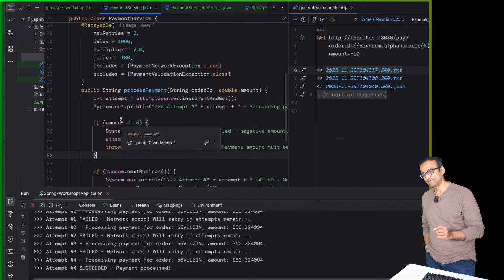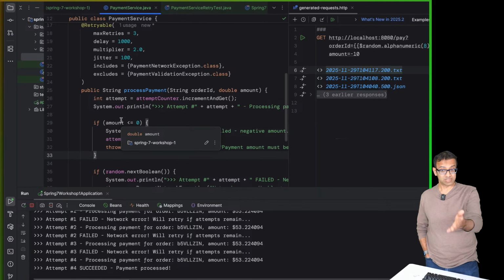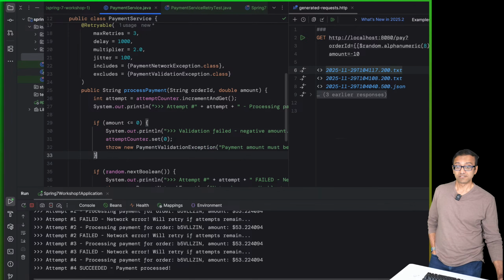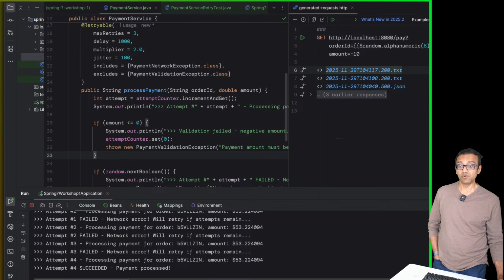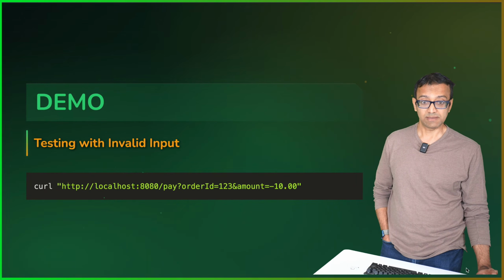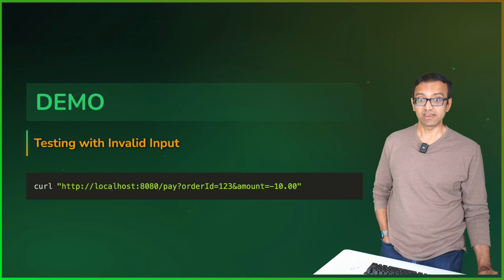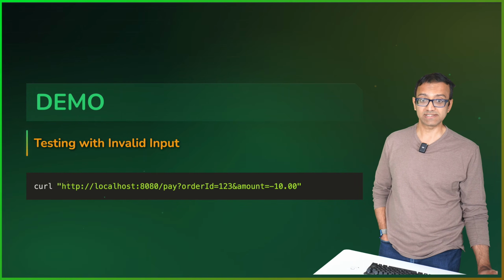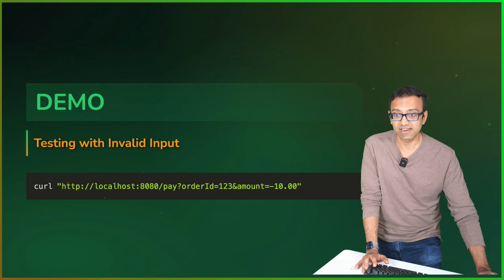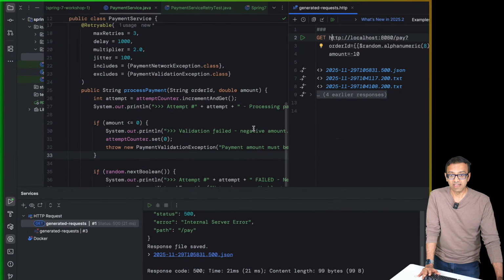So the point is, there are certain exceptions which you don't want to do retry for. For this particular thing, I don't want retry. Doesn't make sense. So we want to selectively retry for certain exceptions, not always. You can't blindly retry for all exceptions. Okay, you can give it a try and you will see that it basically does a retry. Well, let's try it. It's going to do a retry and it fails multiple times, and it is going to